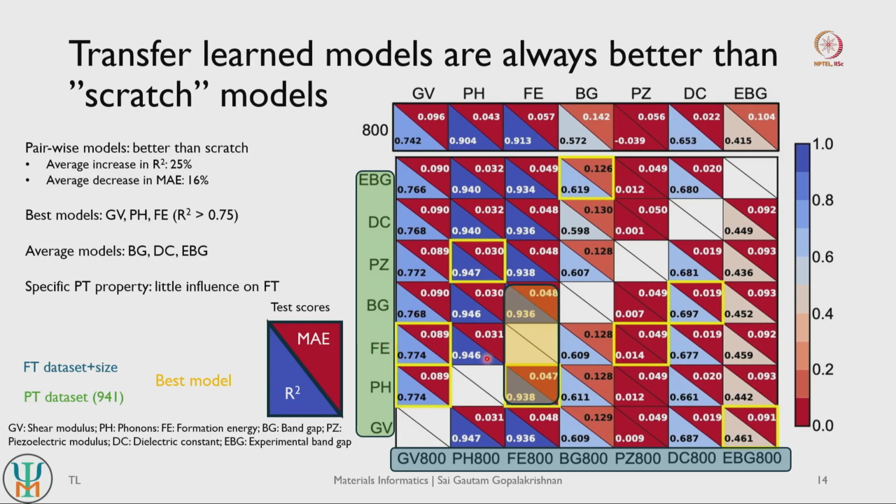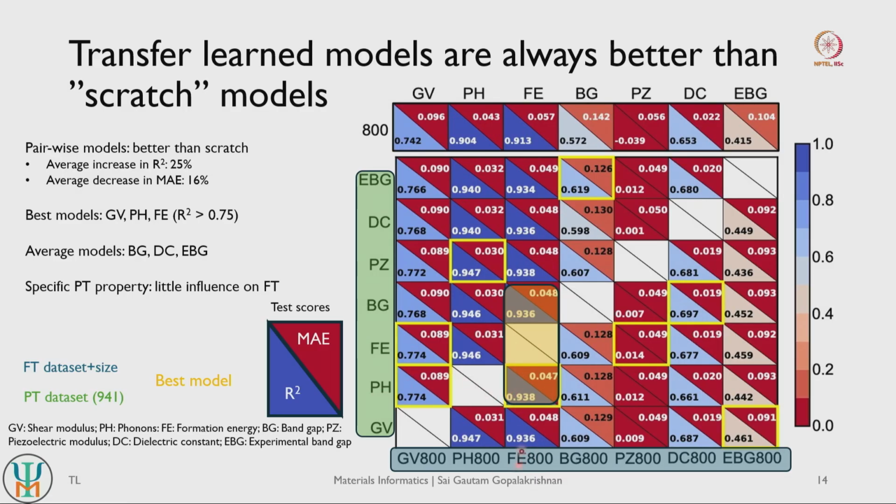One is that the specific property that you use for pre-training has very little influence on the actual fine-tuning performance. So for example, here you are trying to predict formation energies. This is your fine-tuning data set, and you consider two different scenarios where you have pre-trained with phonon frequencies and also pre-trained with computed band gaps. Computed band gaps, you would associate this property to be fairly uncorrelated with respect to formation energies, whereas phonon frequencies can have some correlation.